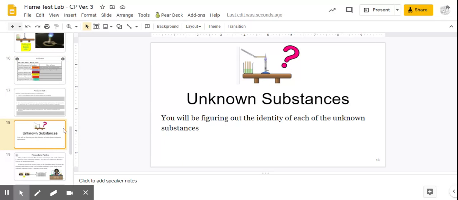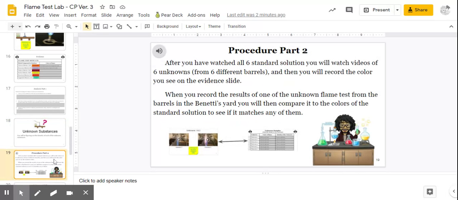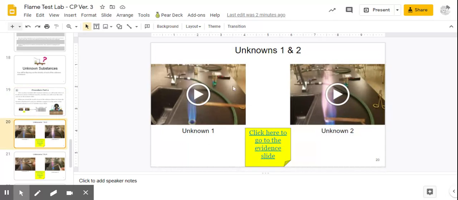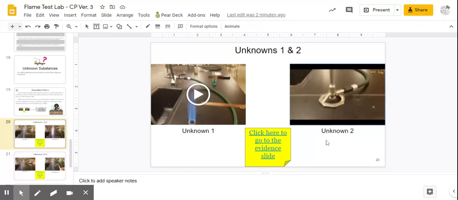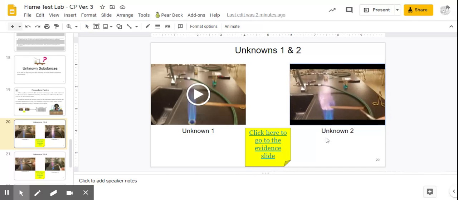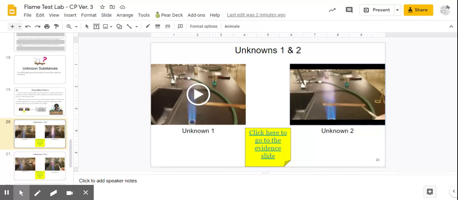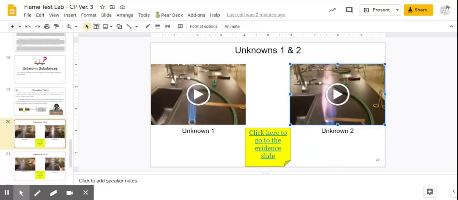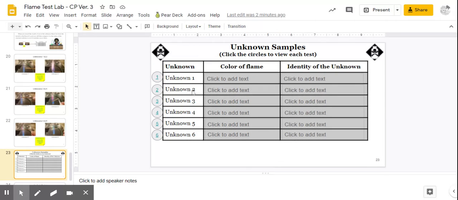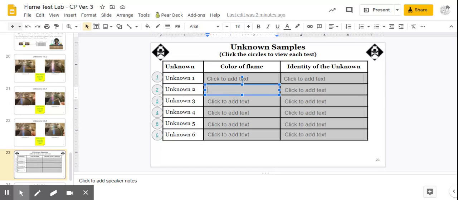Now, let's look at part 2. So in part 2, we're going to figure out what was in those unknown barrels on the property. So we have 6 unknowns to look at. So we're going to do unknown 1 and unknown 2 together. Actually, we're just going to do unknown 2 together. So we're going to watch the video. We'll see what color it burns. All right, so that was a nice light pink color, almost pinkish whitish. So we're going to go to the evidence slide for this. That was unknown 2, the color of the flame,